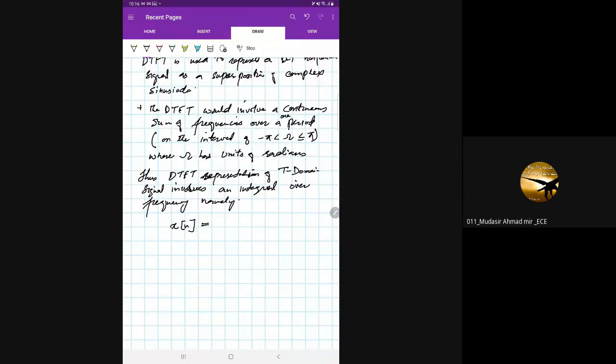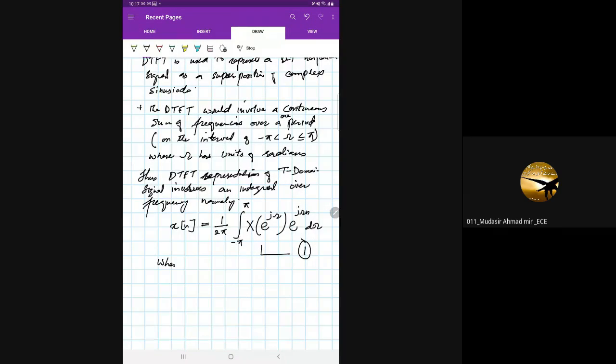We write down x of n equal to 1 by 2 pi, then integral over 1 period, minus pi to pi, X of e raised power j omega, e raised power j omega n d omega. So this is one equation, we call it equation 1,